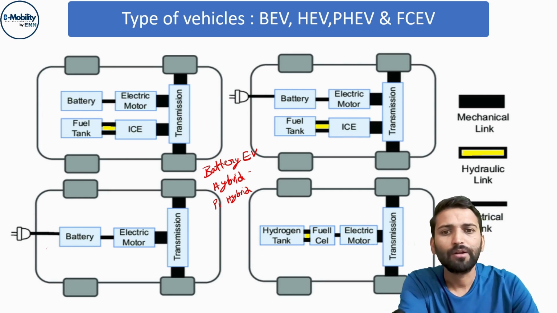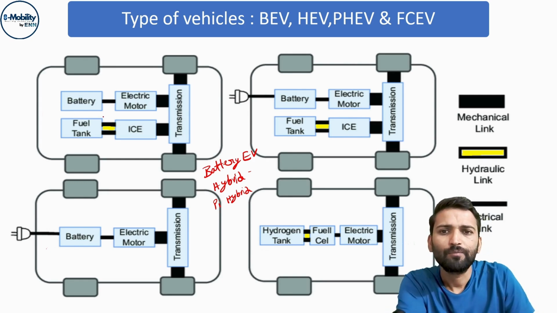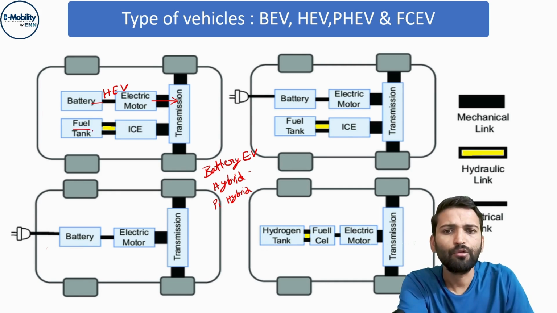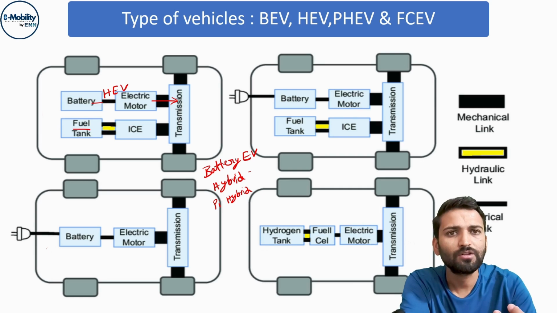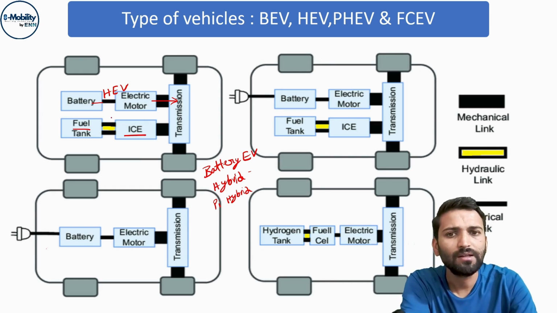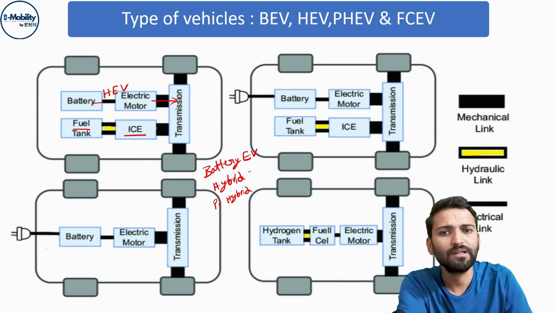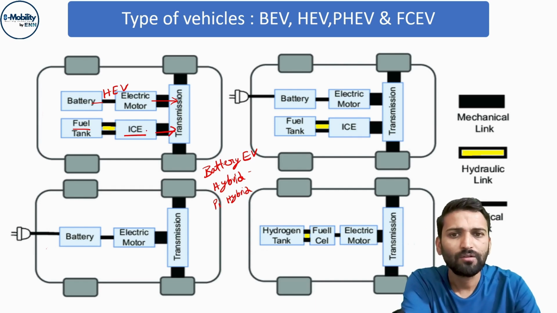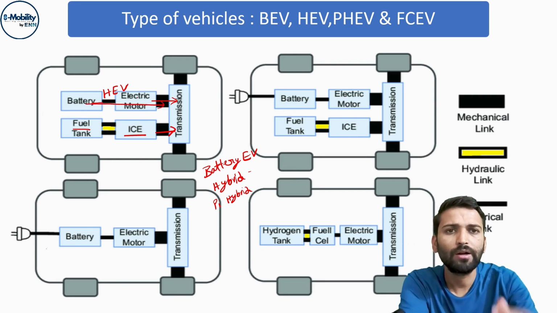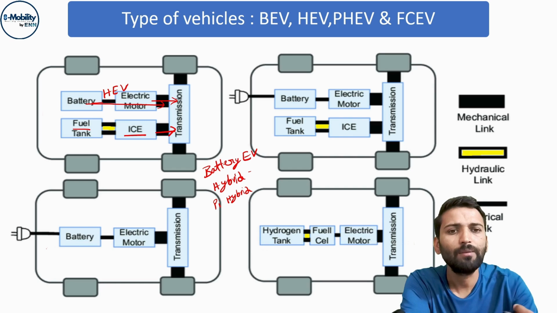So what are the differences between them? So first is the HEV, where the motor is being driven by the battery and the motor is giving power to the transmission of the vehicle. Second is a fuel tank, which is an energy source consisting of conventional energy sources, and it is giving energy to the IC engine, and the IC engine is converting it into mechanical energy and giving it to the transmission. So you can say it's a kind of parallel HEV where both the driving sources are working in a parallel mode.